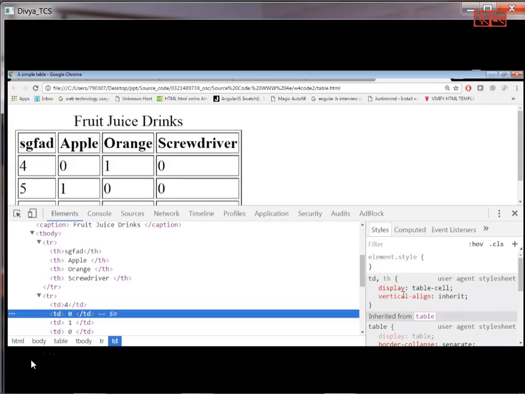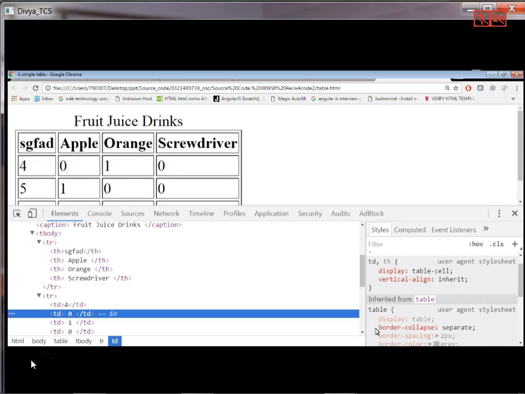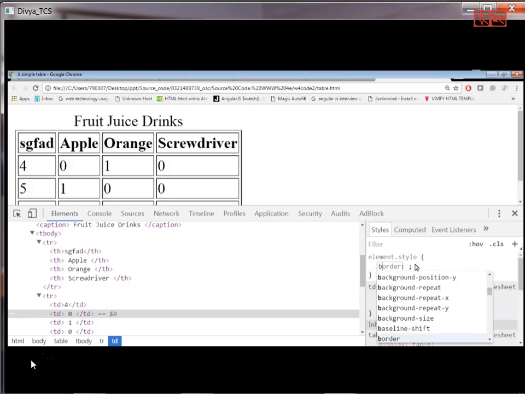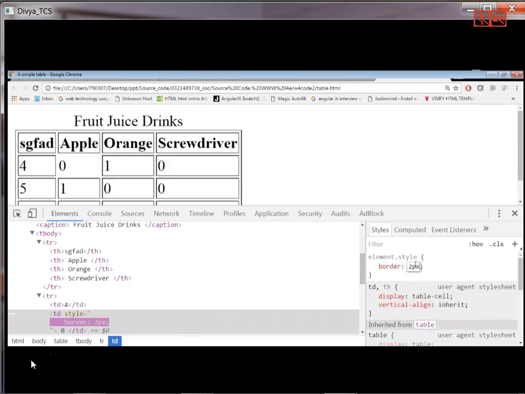TD, by default, will have default styles: display table cell, vertical align inherit. So it will display as a table cell. This is again a CSS property. So apart from this, if you want to give any special properties like border as 2 pixels solid red, or